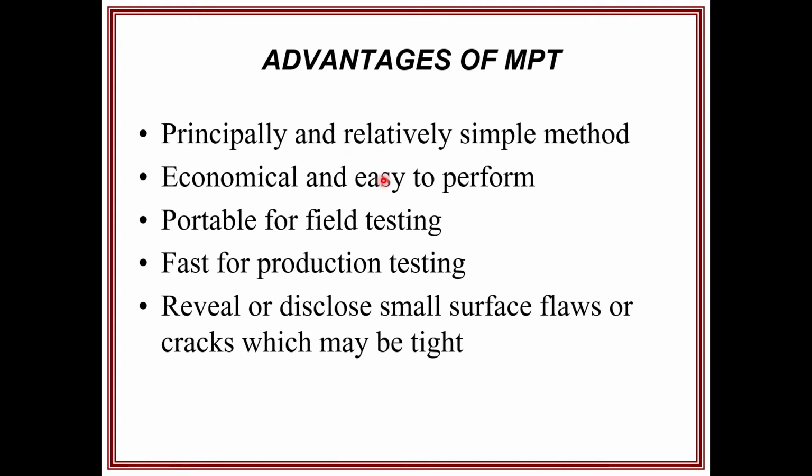Using the external magnetic field, we can identify where the cracks or holes are present. This is mainly applicable for welding parts, to identify the cracks or breaks present in the welding area or joints. By using this magnetic particle method, we can easily identify where the crack or hole is present, from where the magnetic flux is leaking, or where the direction of the magnetic flux changes. That area is represented as the crack or hole.